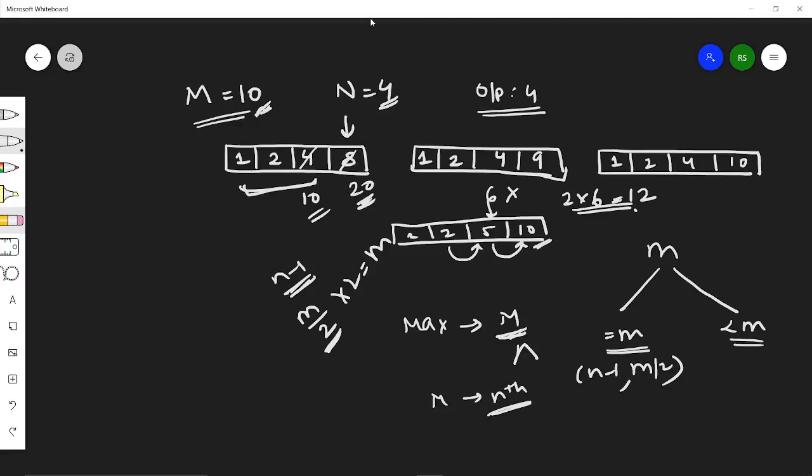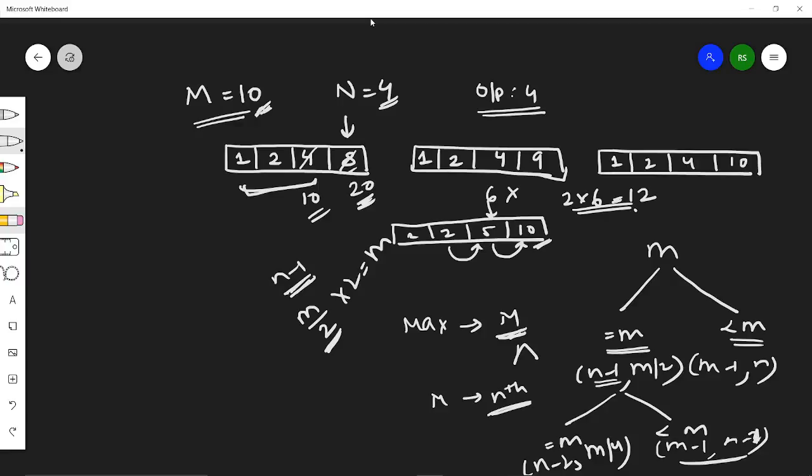And if it is lesser than m, then we don't know what the correct number actually is in this. So what we are doing, we are assuming that it could be at most m minus 1 then, and we are still passing the n as we have not fixed the number yet. Similarly for this, we have two cases for the n minus 1th term. Either the n minus 1 term could be m or it could be less than m. Then similarly the same things will happen, that n minus 2 could be at most m by 4, and here m minus 1, n minus 2, n minus 1. So basically this will just go on. I will try to run this.